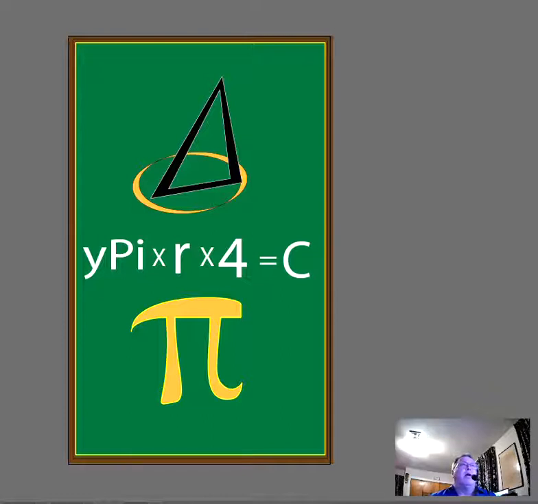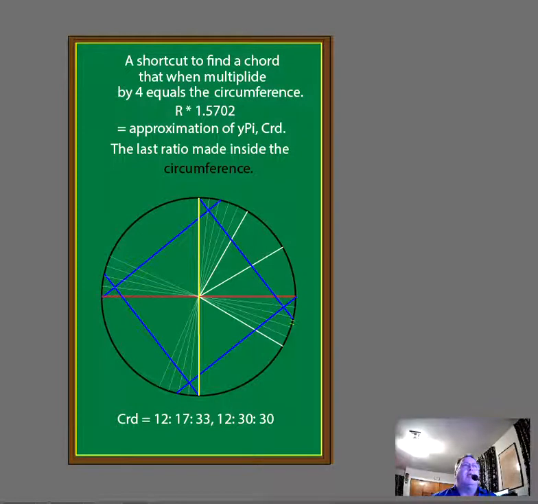But what I am introducing as a point of fact is that when we look at a circle,